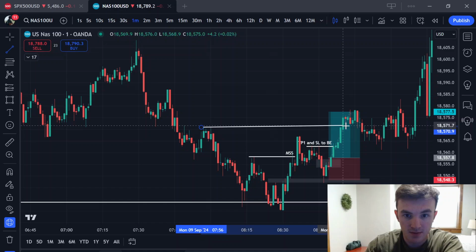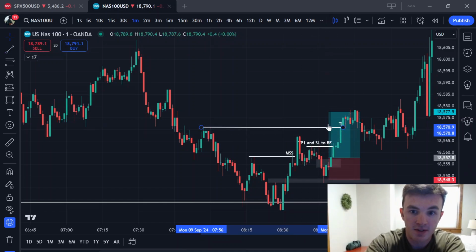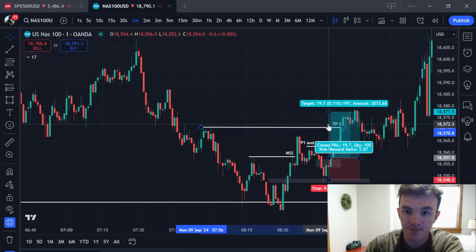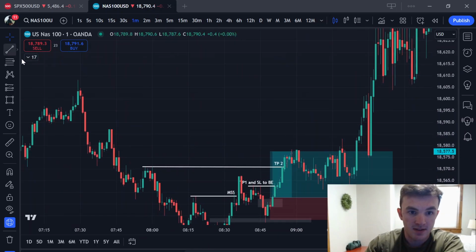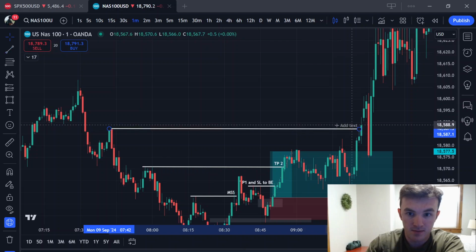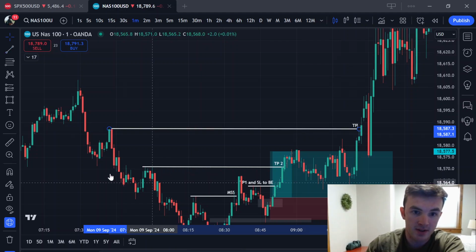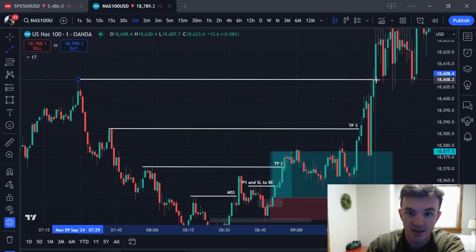Then TP2 could be up here or here, just depending on where you want to take profit. And then you could do a TP3 here, or you could do it at these highs. Just depends on whatever you want to do. And then like a TP4 here, and you can see